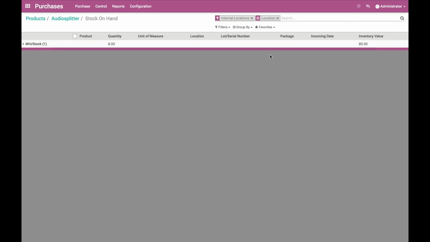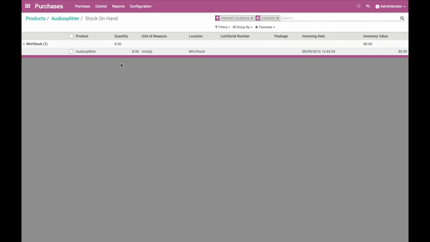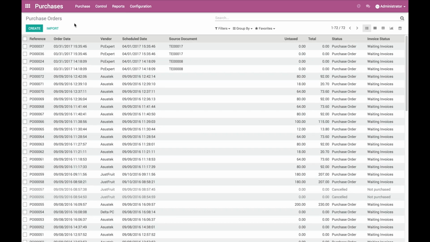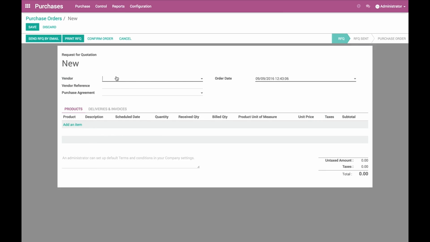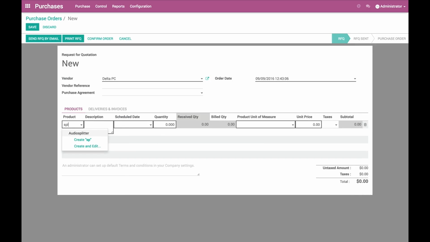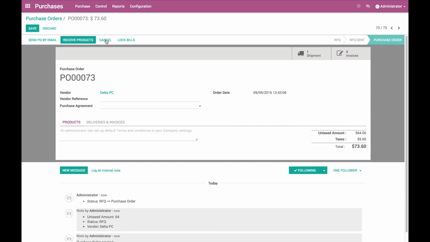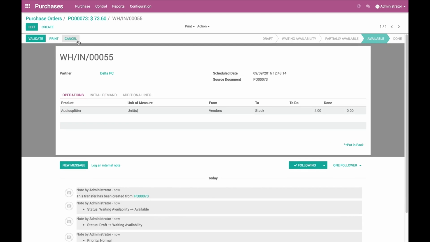When we open the on-hand, we see the cost breakdown of 8 pieces at $10 each, for a grand total of $80. Next, let's make a second purchase. We'll purchase more audio splitters, quantity 4 units, at a unit price of $16. Then confirm the order, receive the products, validate,